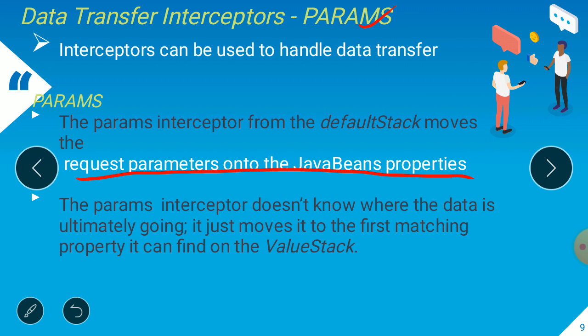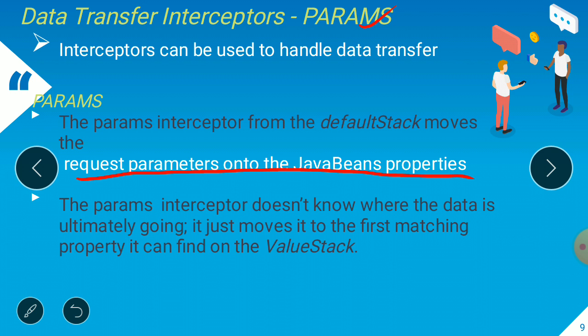So there was a concept that the action moves the request parameters coming from the client. Instead of that, we can use this params interceptor. If we use this interceptor, it moves the data in the request parameter to the Java Bean property. So how does the params interceptor know which Java Bean property belongs to which request parameter data? It doesn't know directly, but